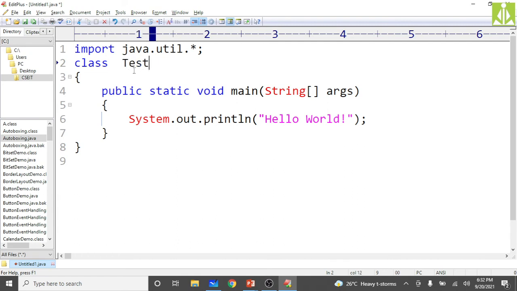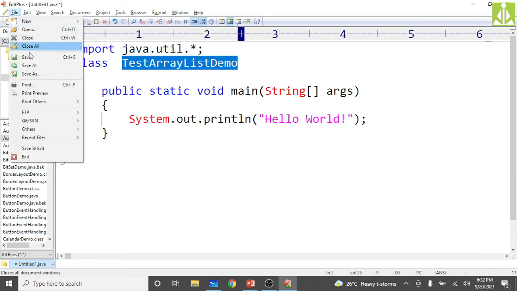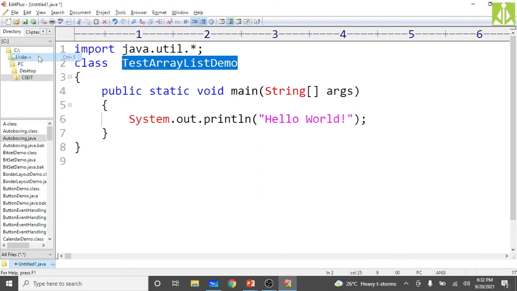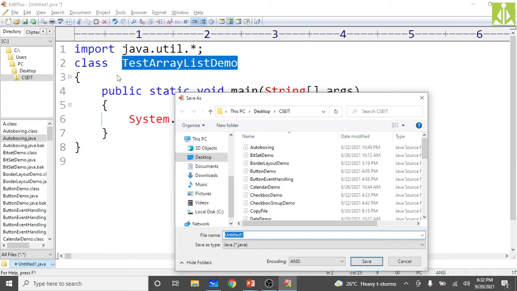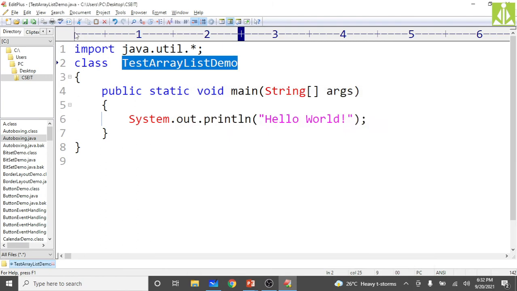So here the class is TestArrayListDemo, and with that same name I need to save my program. Go to File, then click on Save, put this name dot java, hit enter, and the program got saved.